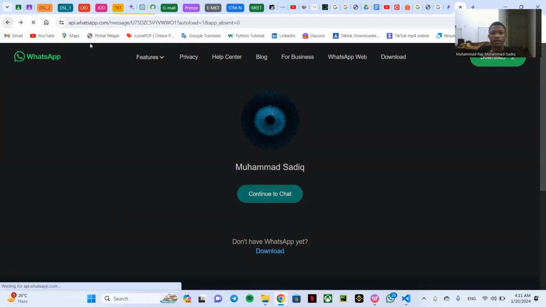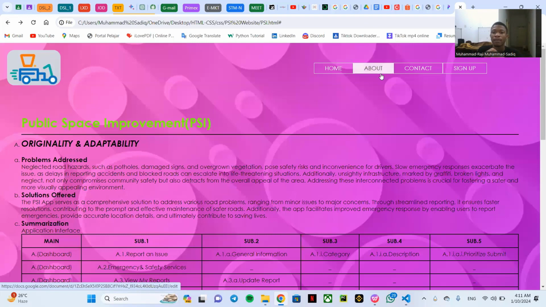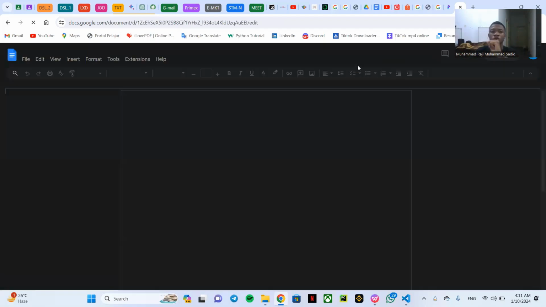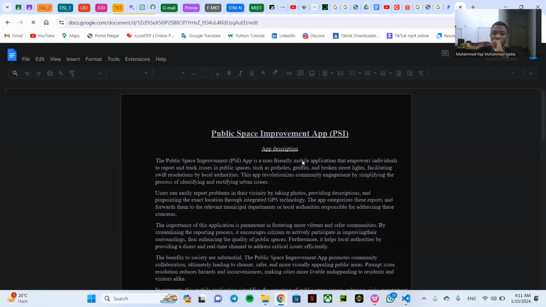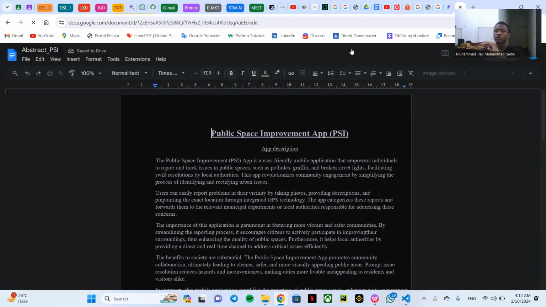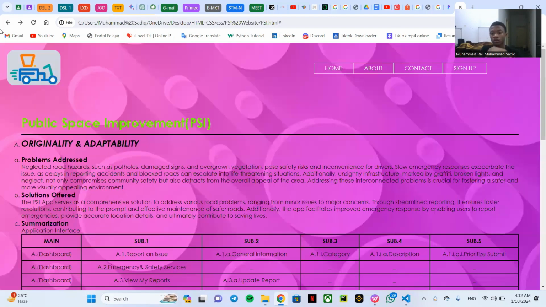So if you navigate back and then you come back and you say about, of course, you can see a description about this website on this page that it will navigate you to. So we have created a document here that gives a full description on what this website is about. So not to waste much time, let's continue with our CSS code. Yes, to the next side, which is